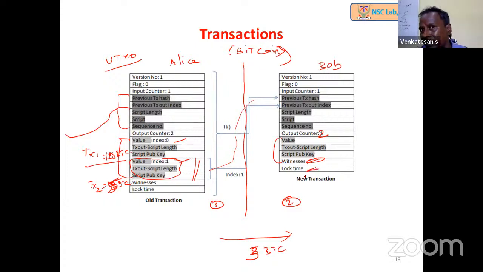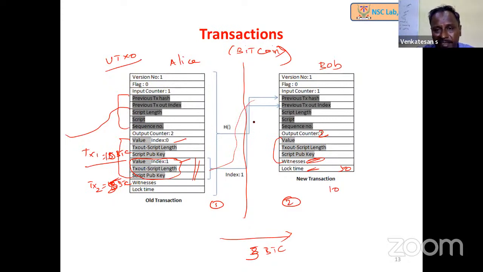And this is the lock time. What this says is that the output transactions, whatever is presented here, cannot be spent until this lock time expires. For example, we go for a fixed deposit in our bank. For a period of time, we cannot spend that. Similarly, let's say this transaction is committed into block number 10, and we say the lock time is 50. That means till block number 50 passes, we cannot spend this transaction. So that facility we also have, but this is right now getting used for the Lightning Network.